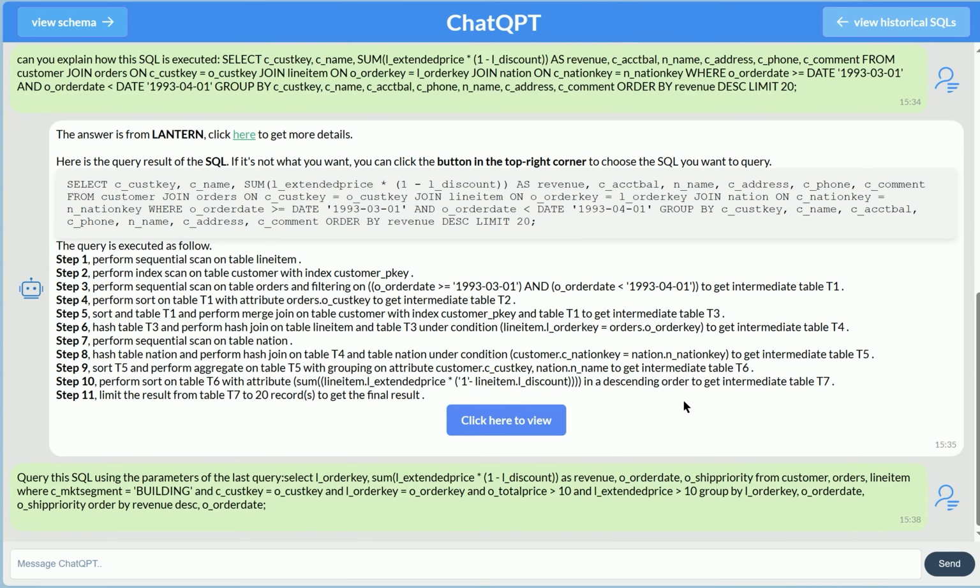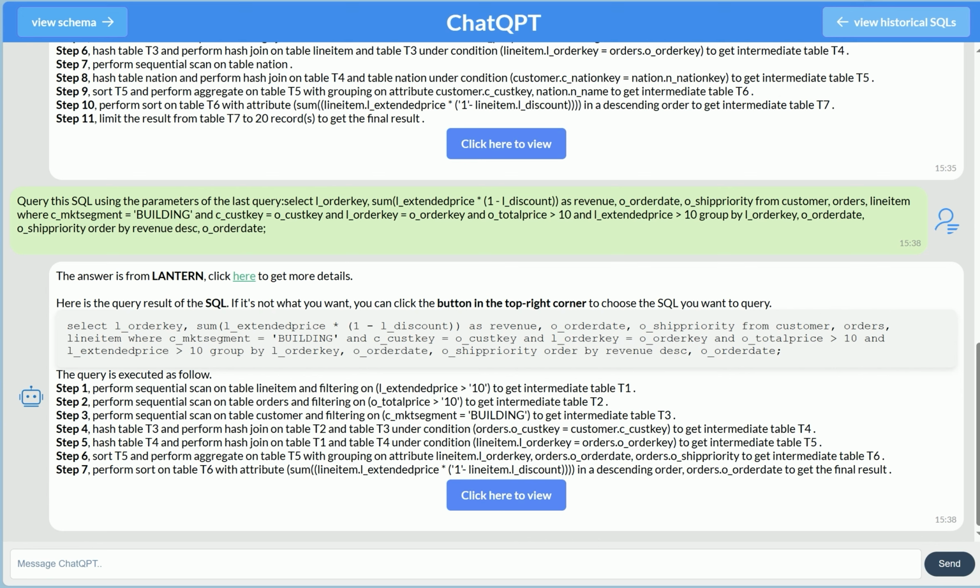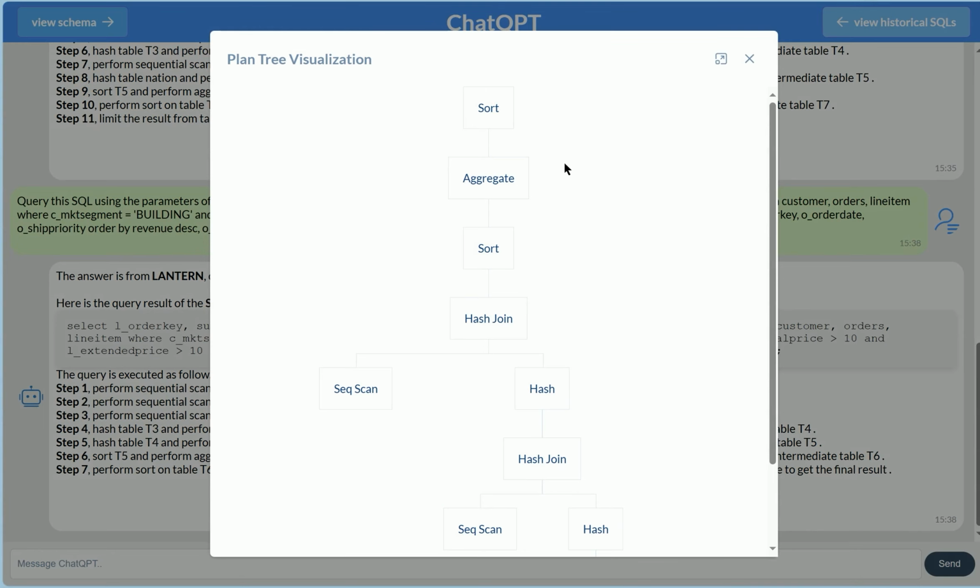ChatQPT will automatically query the SQL with the last query parameters. This mechanism not only allows users to participate in the process of hallucination detection and correction, but also provides convenience during regular interactions. The third part is a natural language description of the QEP generated by Lantern. The fourth part is a button, by clicking on which one can view the visualization of the QEP.